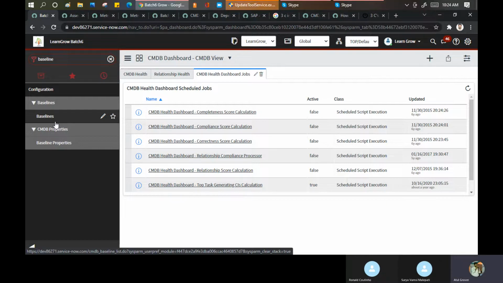Surya, any idea what the baseline means here? I think it's the basic rules on which the CMDB relationships and all will be built. It's not a basic rule. Yes, it's basic, but it's not a rule.